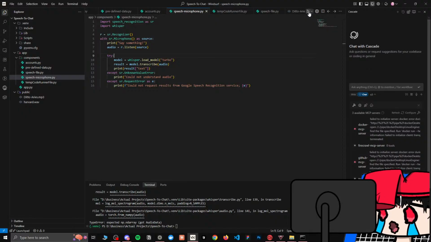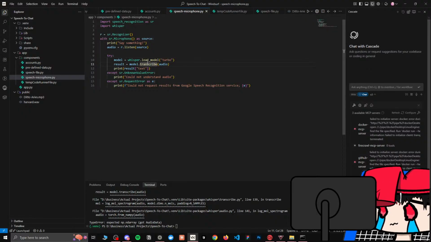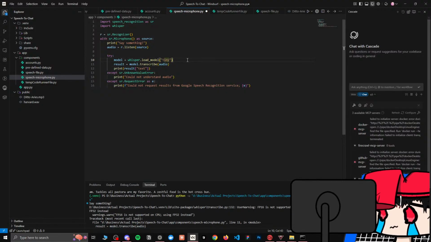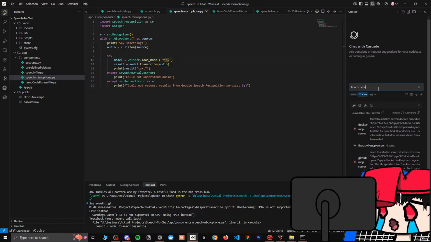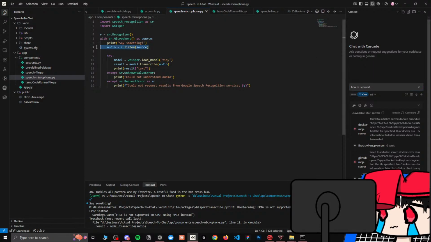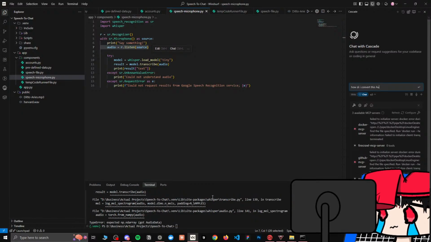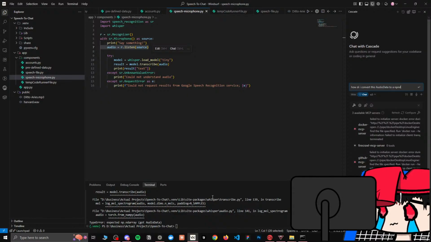Expected ND array. We need an ND array for this, but we got an audio data. That's the issue. We need to convert audio data into ND array. Tiny. I need tiny. That's one thing. How do I convert this audio data? What was it called? Audio data, right? Audio data to NP ND